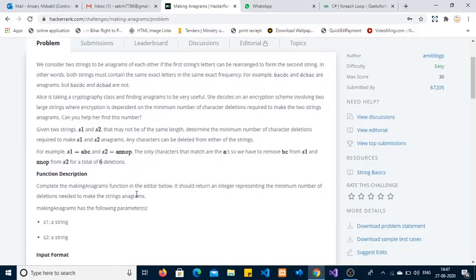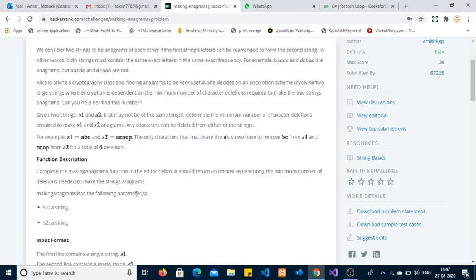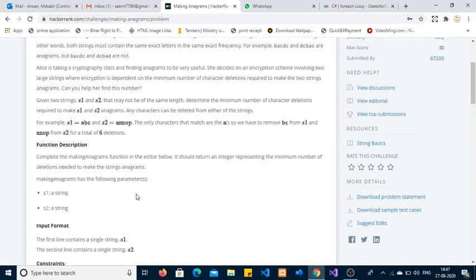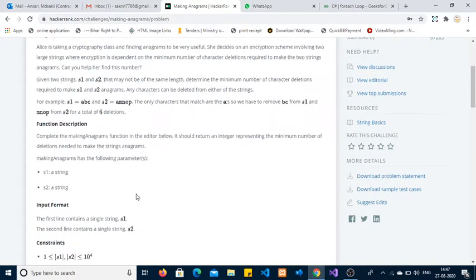So for the function description, we will be given two strings and we have to find out how many characters need to be deleted from one or both, so that the remaining strings are anagrams.